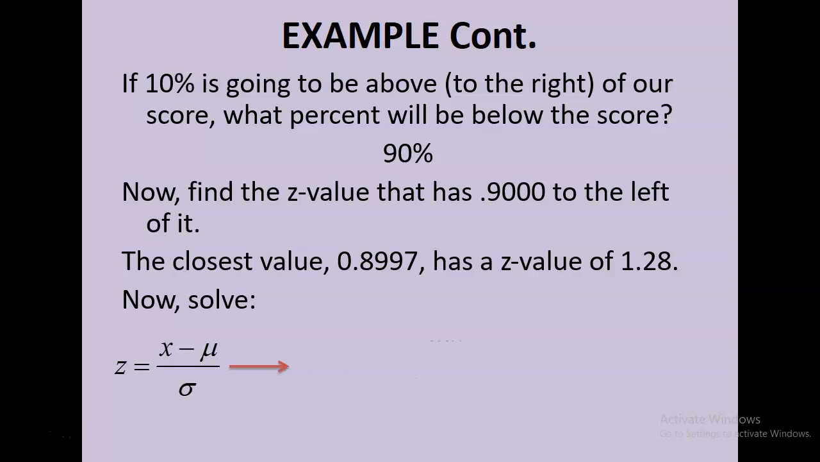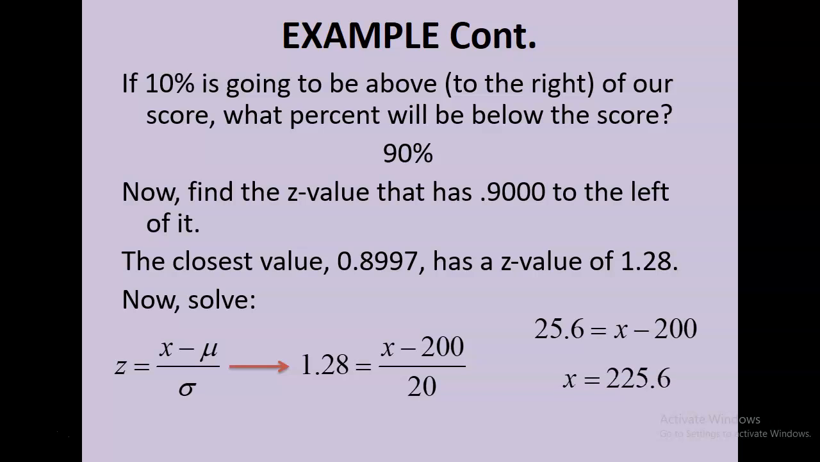So we're going to plug everything else in. We know the mean is 200. We know the standard deviation is 20. And we know that our Z is 1.28, or very, very close to it. So we're going to take this and solve the equation using algebra. We'd multiply by 20 and then add 200. We multiply 20 by 1.28, we get 25.6. That leaves X minus 200 on the right. And then we add 200 and we get